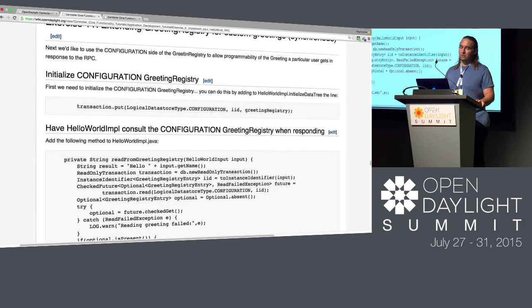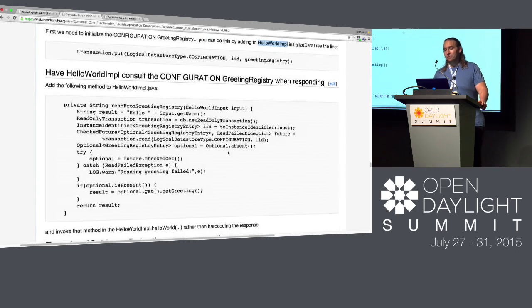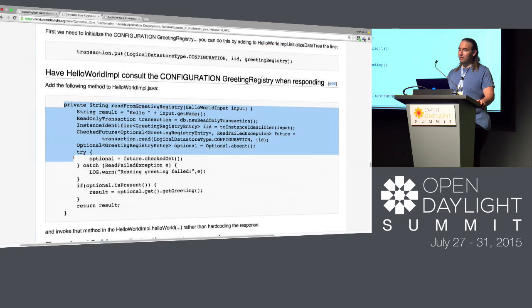So the first thing you have to do is make sure that the initialize data tree method that you already have from last step also initializes the configuration data store registry, your greeting registry. So you need a line that looks like this to be added to initialize data tree in hello world impl. And then once you've done that, you want to have hello world impl consult the configuration greeting registry when responding. So you want to create a method that looks like this,